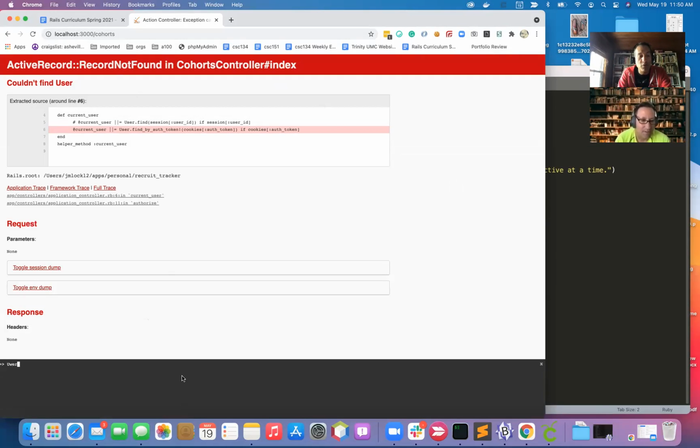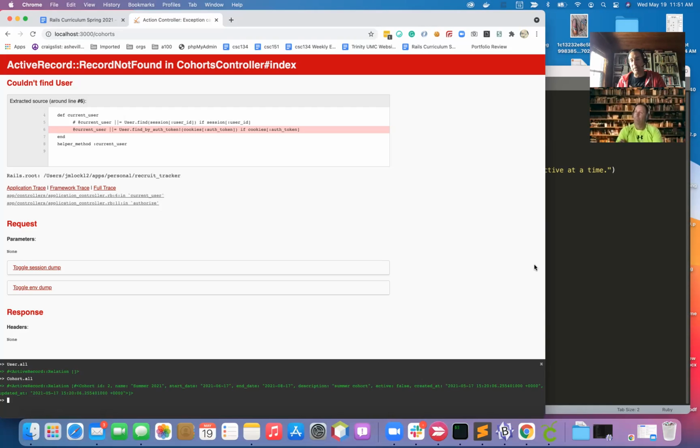So now if we do User.all, did I blow away all the users? It's an empty array there, right? So Cohort.all. Yeah, so I think all of our users were associated with that cohort. So all of our users are gone now. So there's really no fixing that. But that really sort of drives home the point of how this kind of stuff is very important. And you just need to be aware of when you want to delete a single record versus,